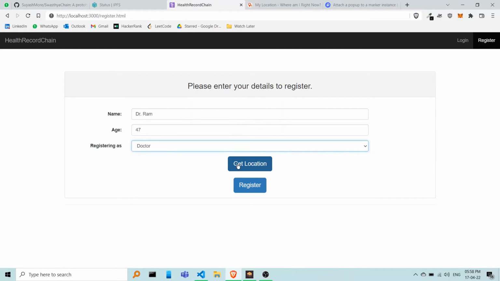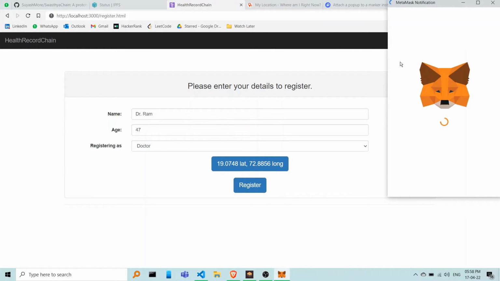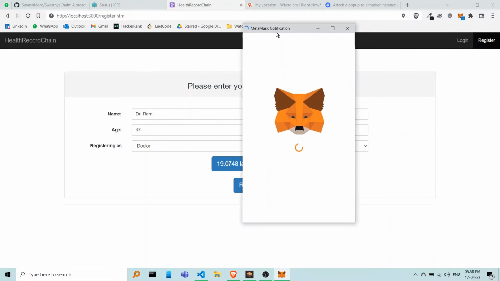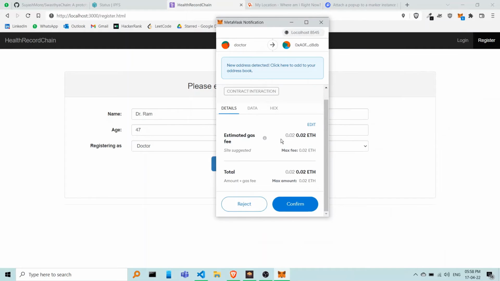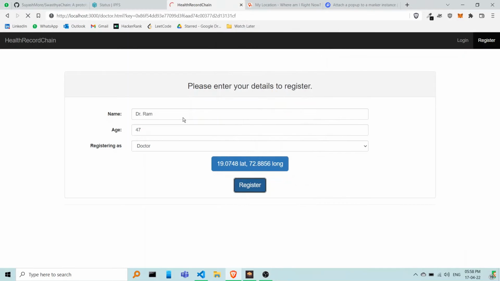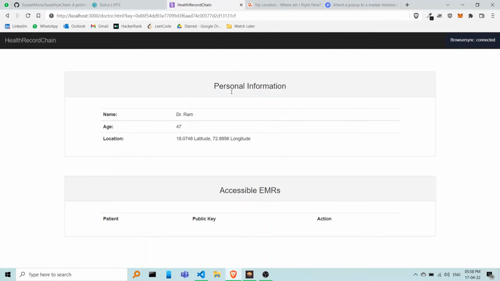And now as it was mentioned, we will be taking the geolocations. So when we select the button, we get the current live location of my computer. And after registering, the MetaMask wallet pops up for some gas fee, as we are making a transaction on a blockchain, like creating a new account. Now here you can see we are getting the personal information of the doctor